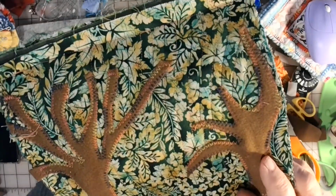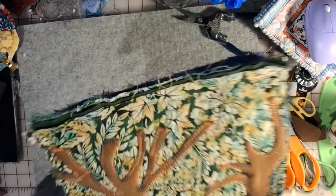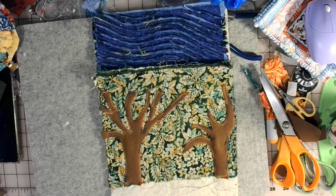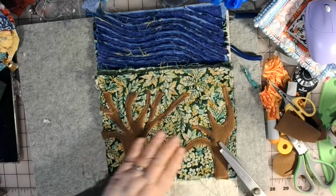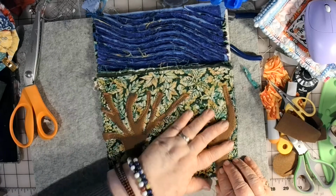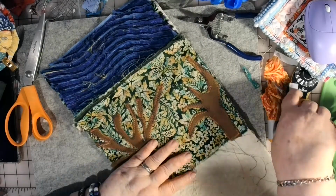And I'm one who just about 99% of the time uses thread that is variegated, that is, all different colors. And so what I'm going to do now, and before I slashed it, is I put these trees on. So then what I want to do is